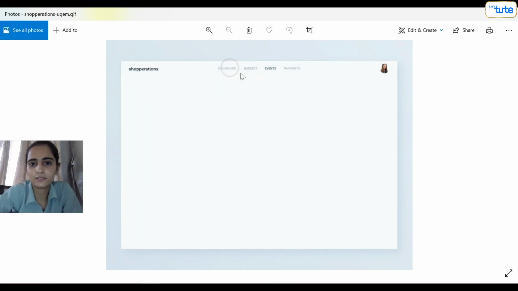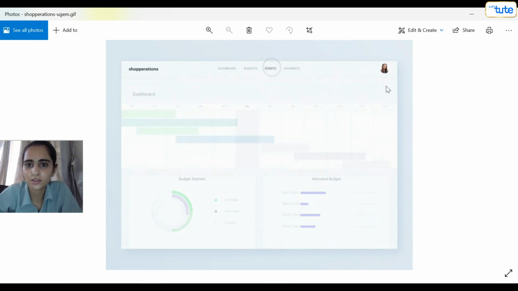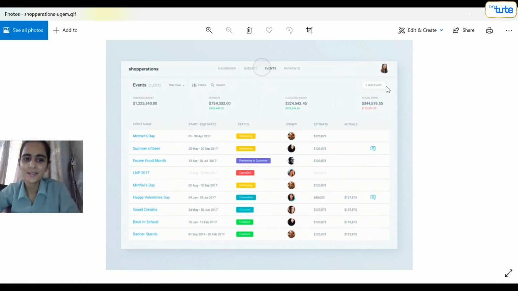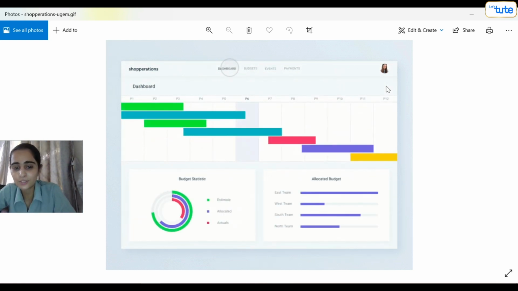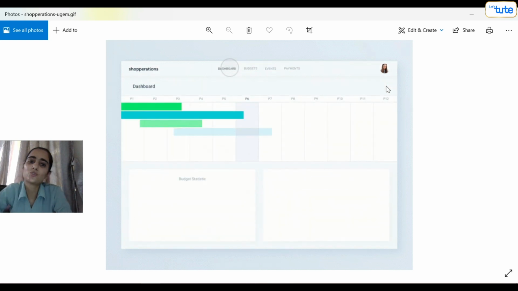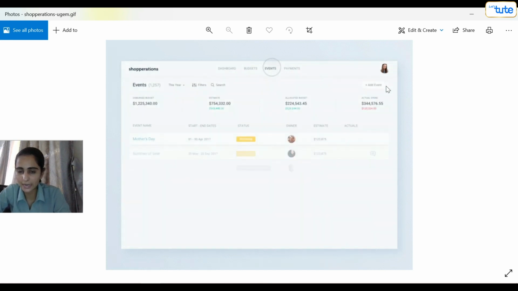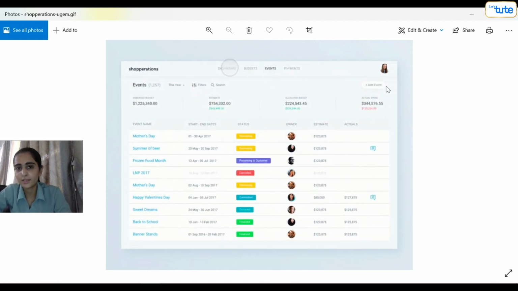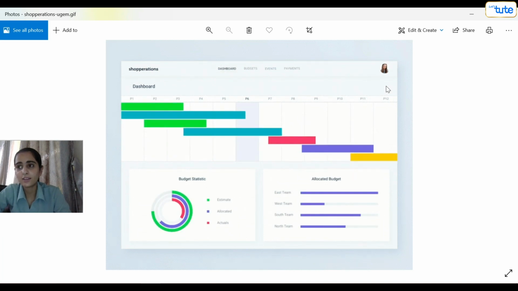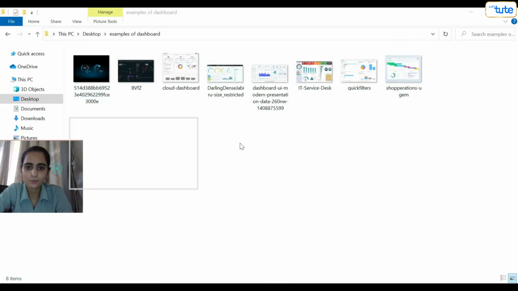Now what are the events? If I click on events, if I click on dashboard, then events, then dashboard, then budgets, then payments. So we can create this kind of buttons or this kind of link sources in our dashboard view. See, not everything counts as a dashboard. Dashboard is a word which is only used when we are giving multiple shapes, designs, SmartArt, graphs and views to understand. If we normally click a link source, that won't count as a dashboard. Anything more? Nothing. So I guess this was enough here.